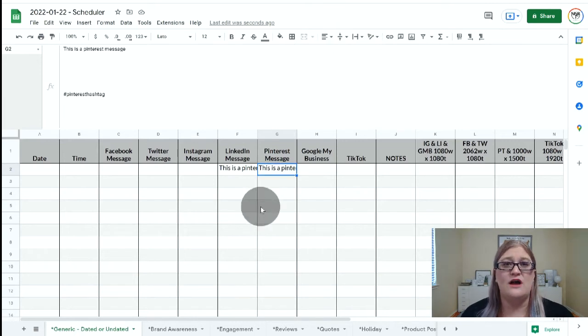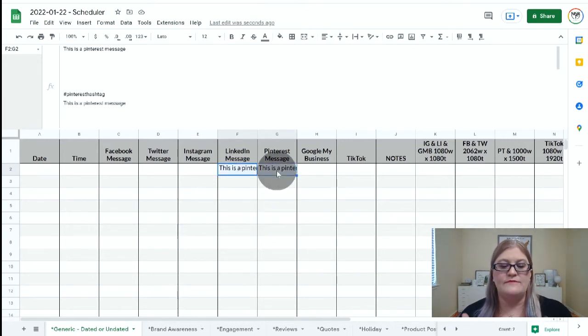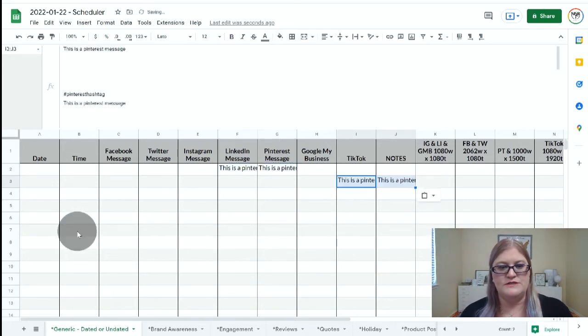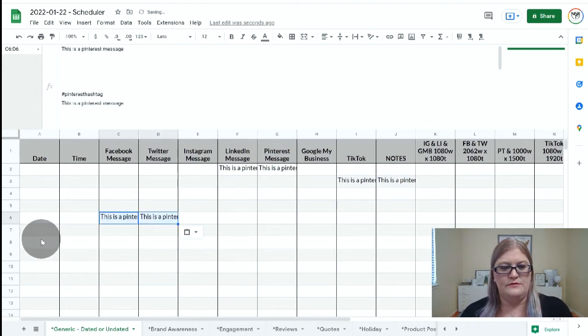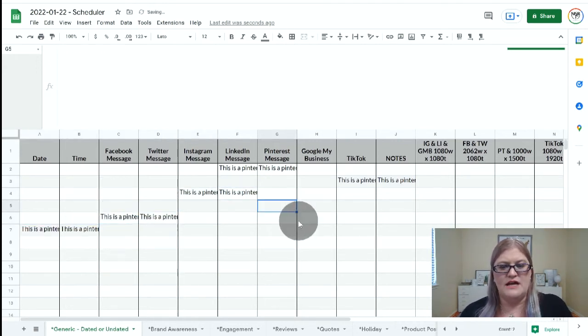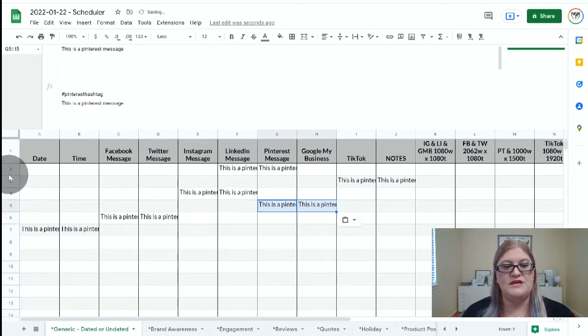The next thing I want to talk about is how to sort or randomize your content. So to demonstrate this, I'm just going to copy these cells and put them in a different place in each of these rows so that you'll be able to easily see what it is that I am talking about. So what I have done is I have put these in different places. So each of these rows has this copy in a different place. And I wouldn't actually put this in the date and time, but I want you to understand what sorting and